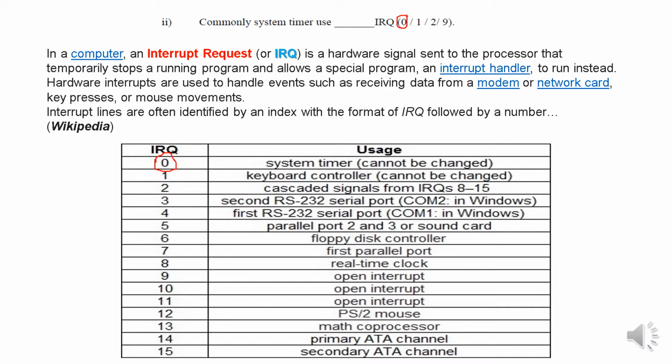Now also some other important IRQs we should know, because next time the question can be what IRQ is used for keyboard controlling or key press events. That is IRQ1. Similarly, some other important ones are the RS232 serial port, that is the COM2 port. Similarly, the first RS232 serial port, COM1 port, and the parallel port. In the earlier slide, the pink color port was the parallel port. IRQ6 is for the floppy disk controller. For the PS2 mouse, this is IRQ12. So these are some of the important ones.